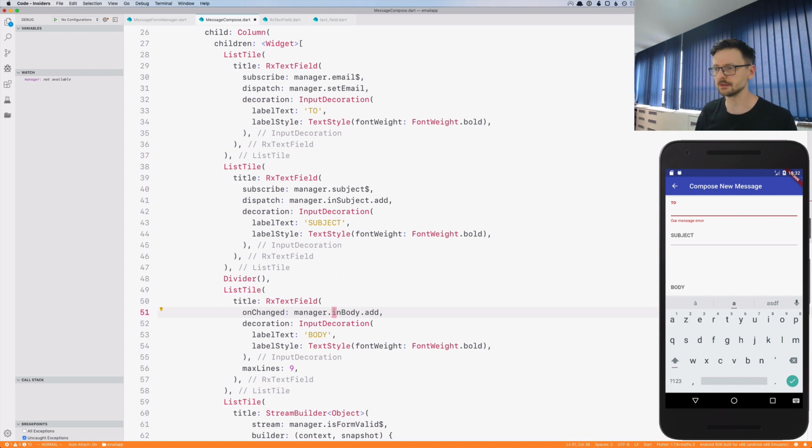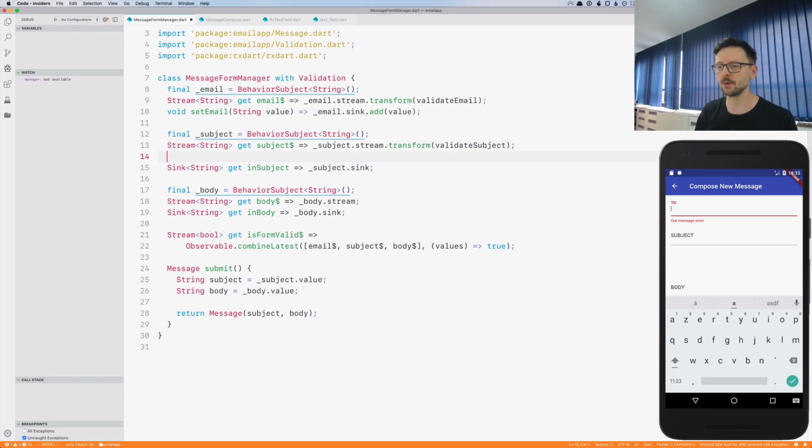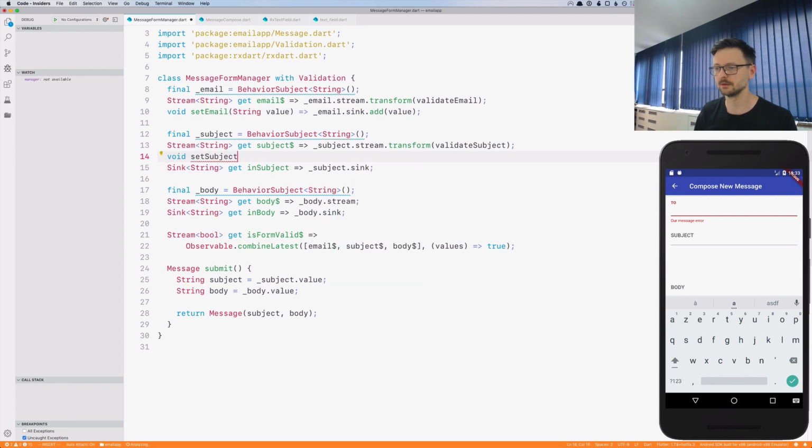So it's consistent. And the last thing would be to get rid of those sinks, so we can go back to our manager, and instead of exposing the sink as we were doing up till now, we can just do set subject, and again a value,